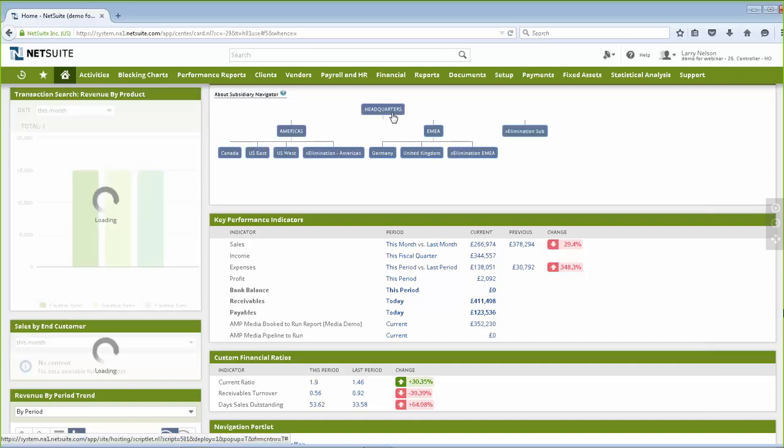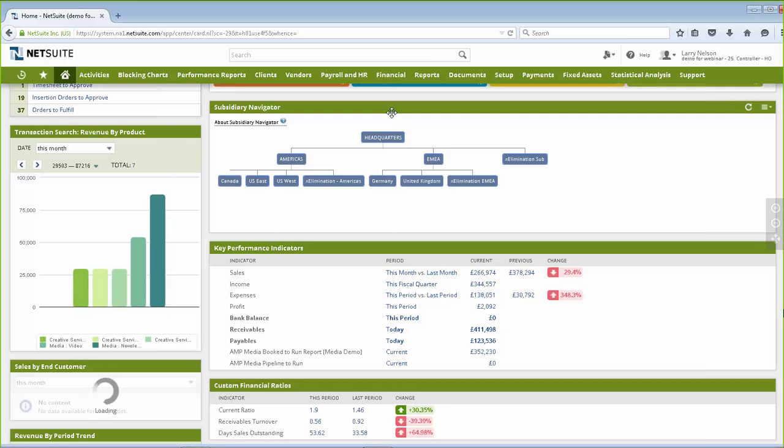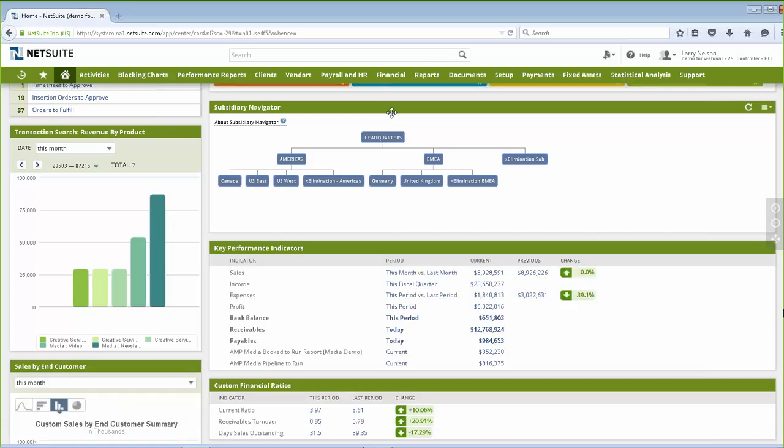And I can also go back to my headquarters view and then see a global view in U.S. dollars. So again, the ability to have automatic currency conversions as well as to be able to see the currencies on each subsidiary. This consolidation is live. This is something that's very unique to the NetSuite system, that you'll have a live view of that consolidation. So as those invoices are being generated or the vendor bills are being set up, you'll be able to see live what's happening to all your different instances.